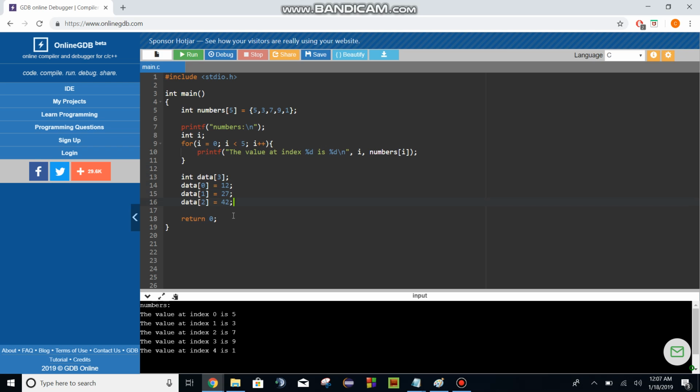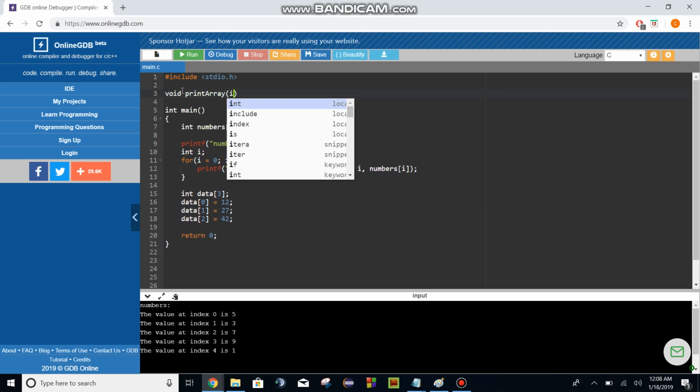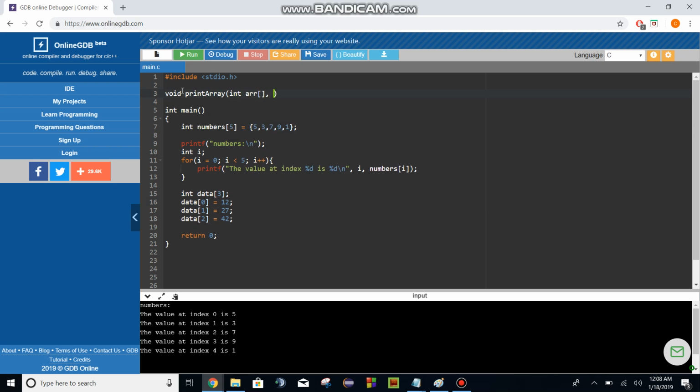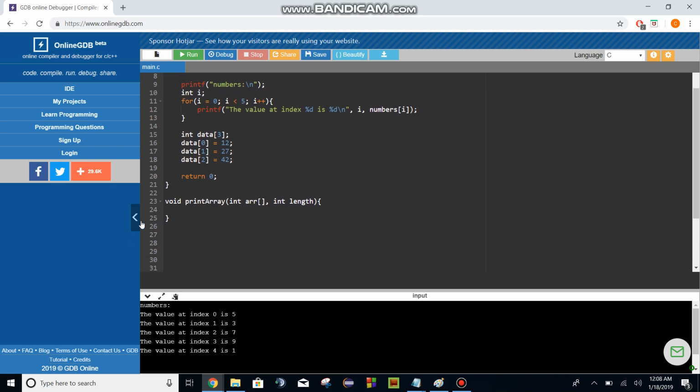Now that's great and all, but I'm going to show you all a different way to print it. You can make a function that will print for you, void print array, and it will receive an array, and we have to tell the function the length of our array. I should just copy that. So let me skip a few lines here. Okay,